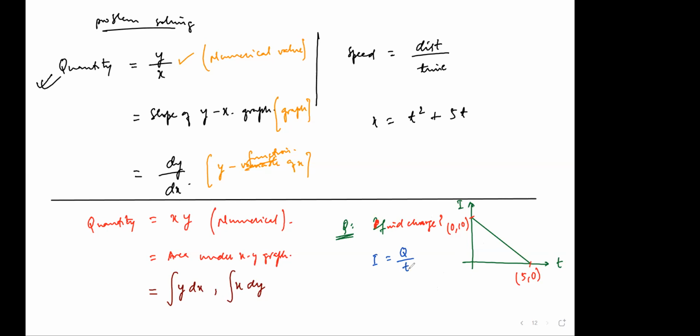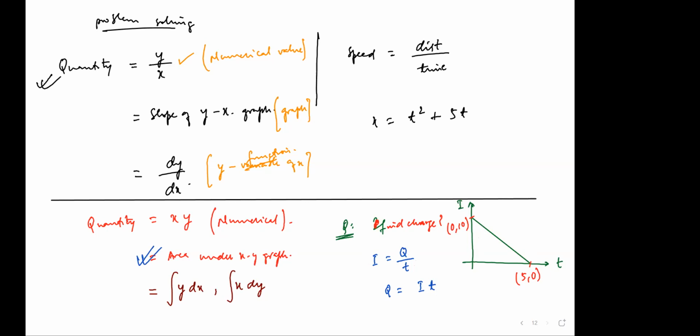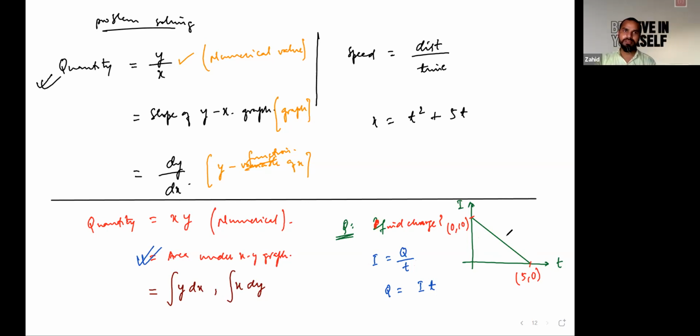So in this relation, we have to calculate charge. So bring the time to the left side, and it becomes Q is equal to I into T. This is nothing but the product of two different quantities. Since in this question they have given you a graph, by using this relation you will be able to calculate charge. Just try to find the charge for this graph.